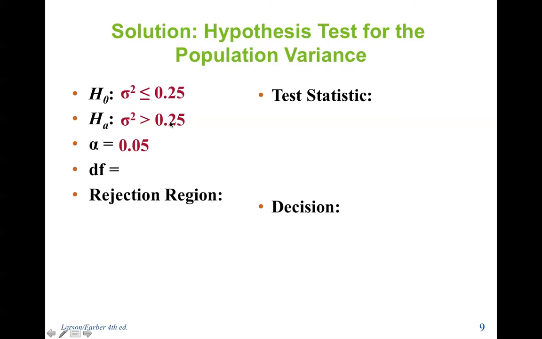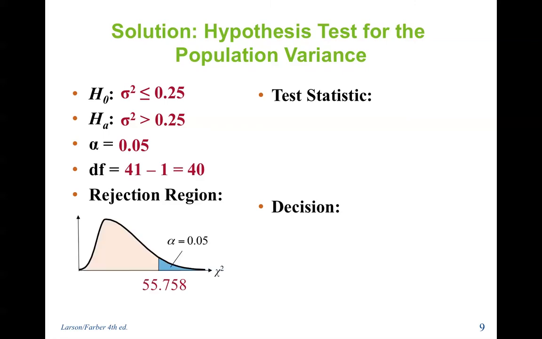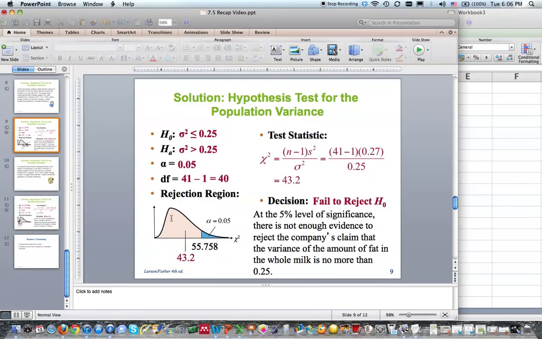Our alpha is 0.05 as given in the problem. There are 41 containers in the sample. We subtract 1, and our degrees of freedom equals 40. Here's our rejection region. Since this is greater than, we know this is right-tailed, so we have to find this. How do we find our critical value? Well, considering it's to the right, let's go over here